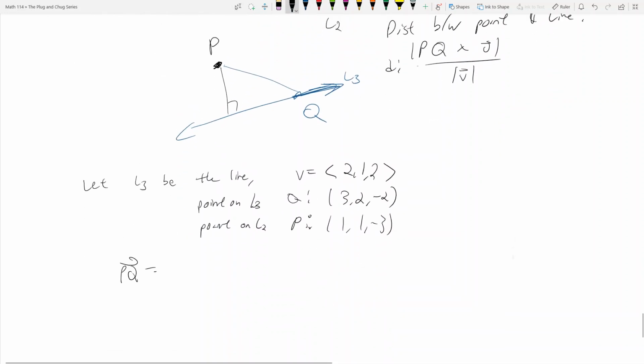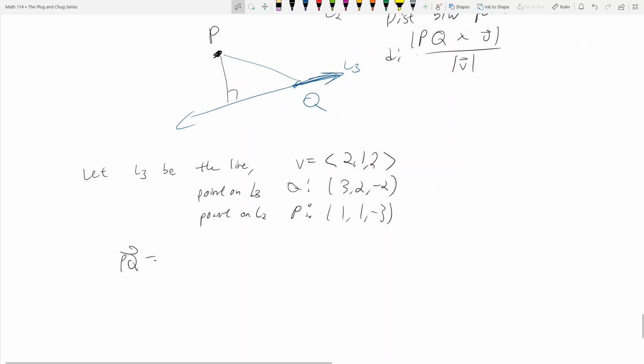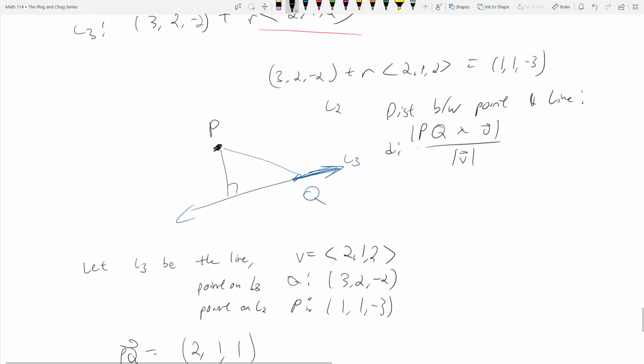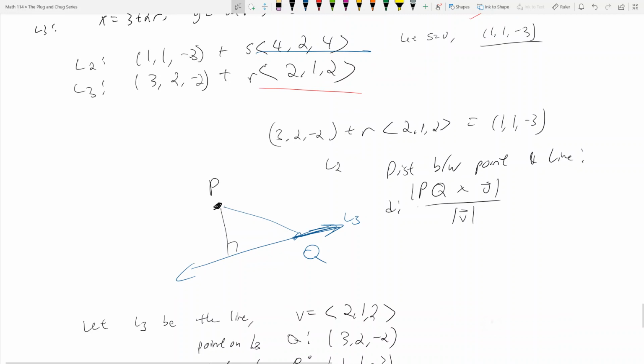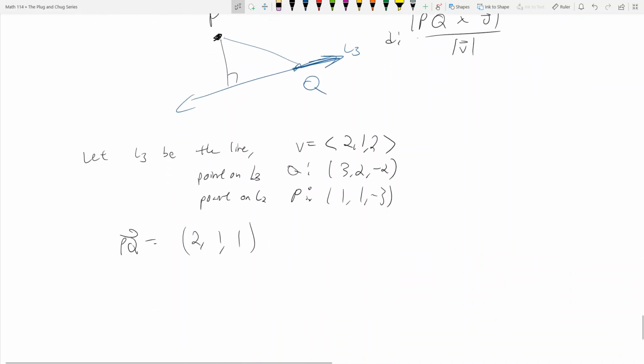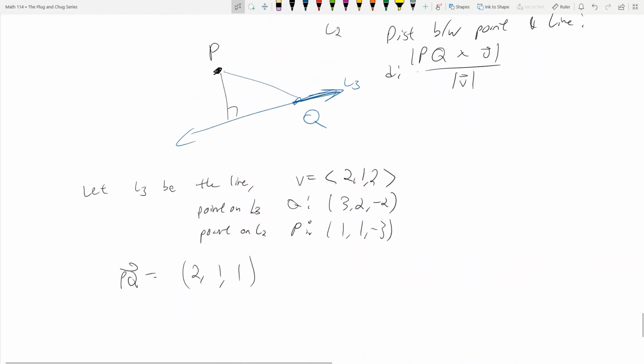And PQ is going to be equal to (2, 1, 1). Okay? And I realized that whatever calculation I did up here was probably not right, but it's okay. So we get (2, 1, 1), and then